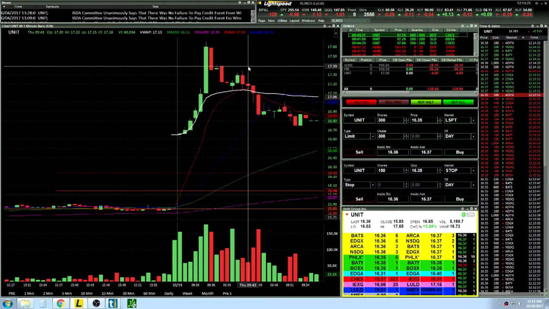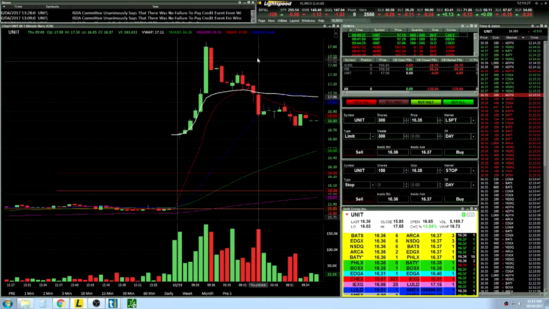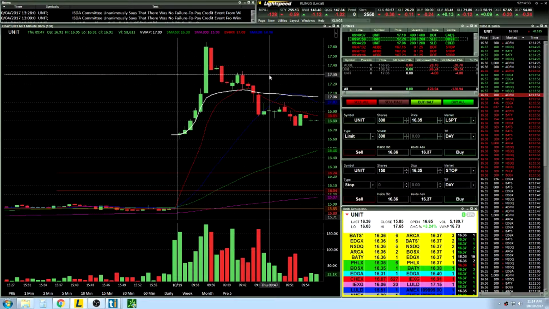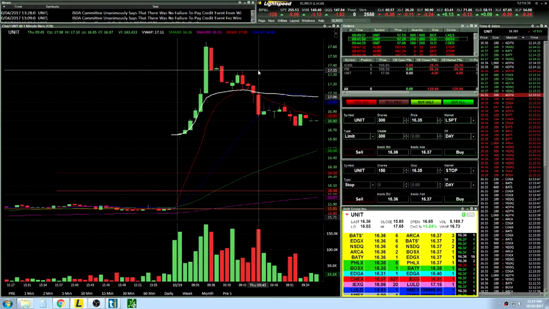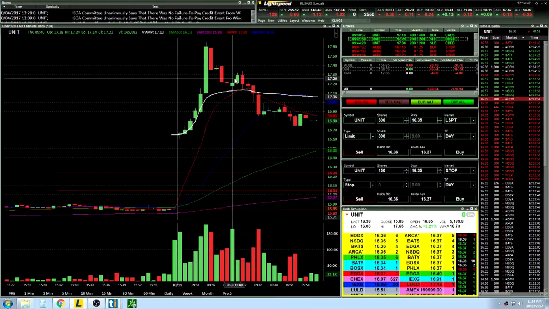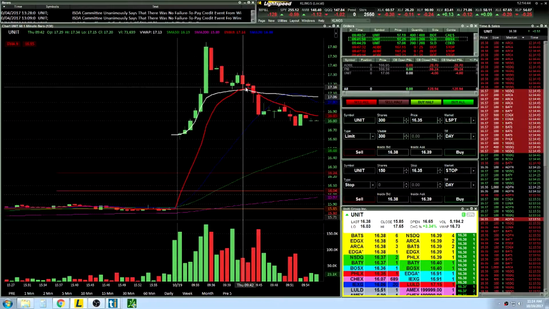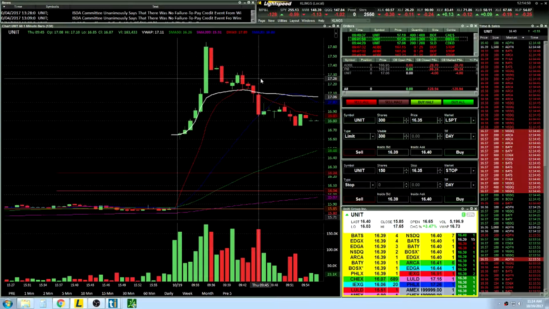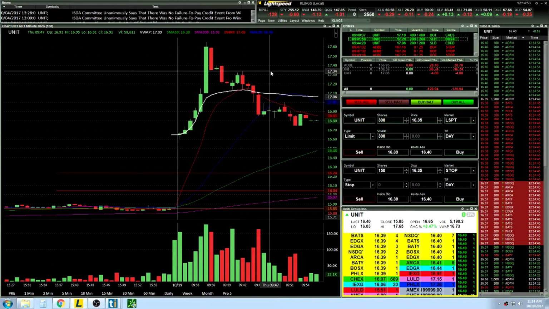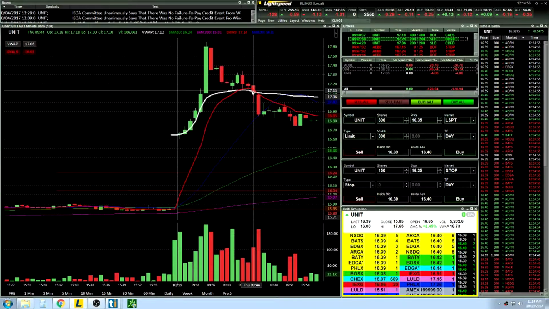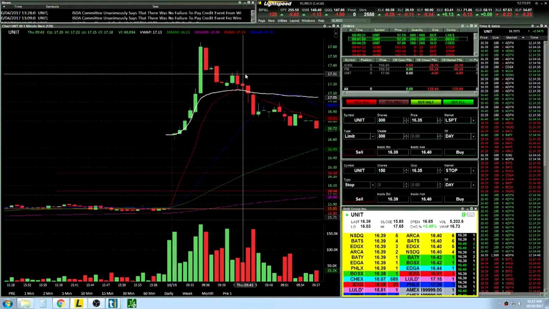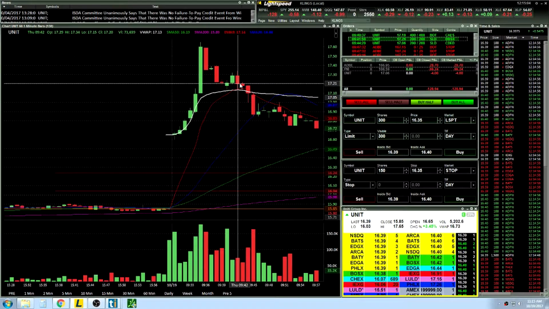That didn't really make too much of a difference in the end because I would have taken profits anywhere in here regardless. So it ended up bouncing up to 29, and I took half off. And the problem with this one was, whenever I'm trading this early in the day and there's only 10 candles to play off of, if I want to give it 3 candles, that's like 30% of the move that it made in the entire day. So to think that I could have just waited to see if it bounced off of this, yeah, I could have. Or I took my profits at a decent area, and as it came back, this big red candle here,